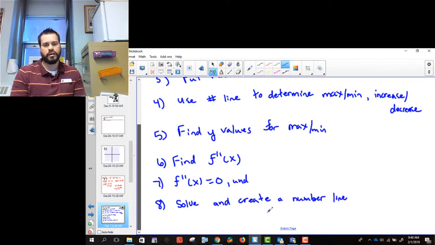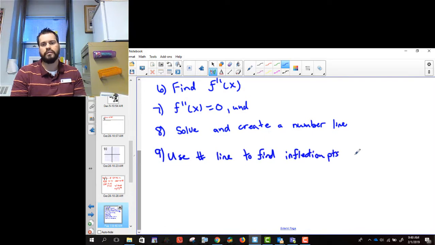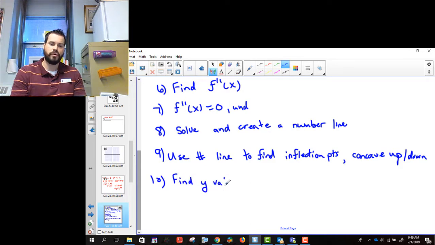And then you use the number line in this case to find inflection points and concavity, so concave up and down. Okay? And then you find the y values for your inflection points. And every time you try to find a y value, you go back to the original function. So we find the y values for the inflection points, and then